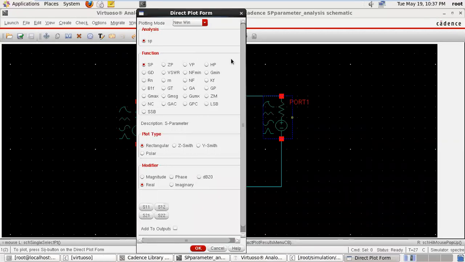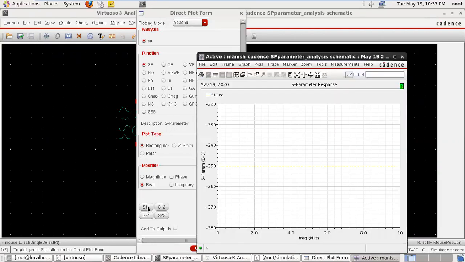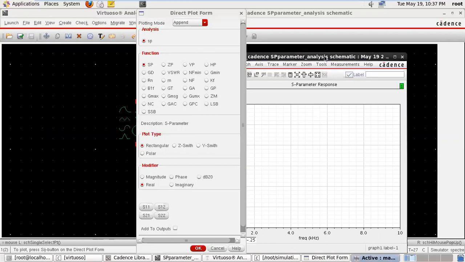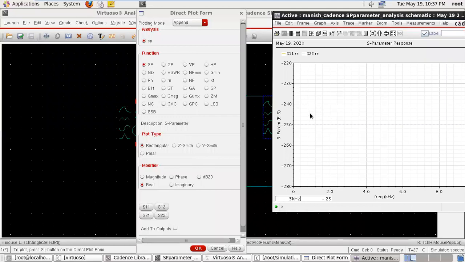Okay, so if you want to see all the results in a single window, take the append. So S11 is minus 0.25, S22 is again 0.25 because both are the same value. So we see the single points superimposed on each other.